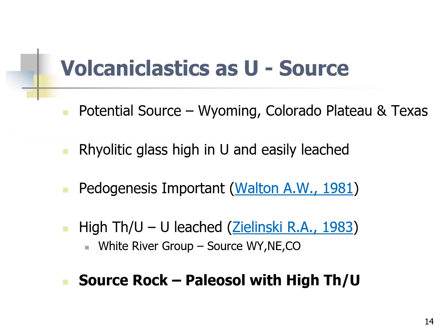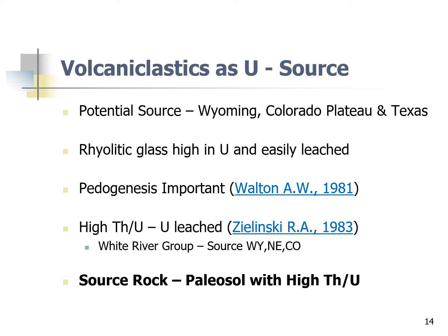Volcanic clastics as a source: Wyoming is important, the Colorado Plateau, and Texas. Rhyolite glass is high in uranium and easily leached. Petrogenesis is important. Research done by the Bureau of Economic Geology in Texas in 1981 showed that the formation of soil zones will release uranium in volcanic clastics. And research by Bob Zielinski, looking at the White River Group, saw that high thorium-uranium ratios